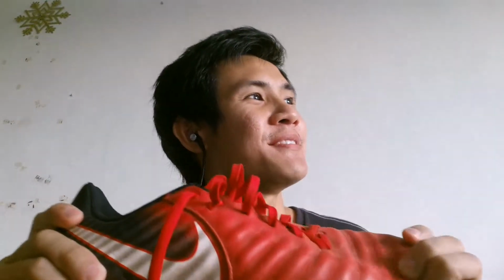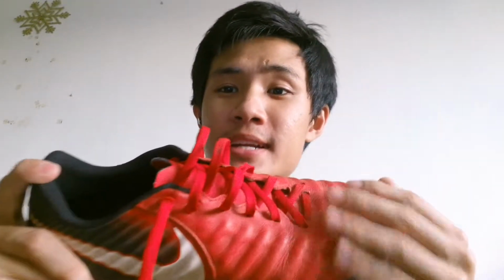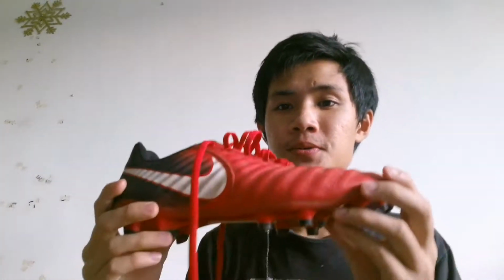And the second buying point that got me hooked was I wanted something which was leather, because I've always had synthetic shoes, and I heard leather's very nice to run in. So this line popped up, and it's not too bad because it was in budget, which was $200, and